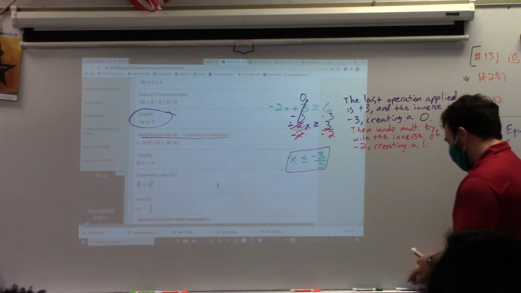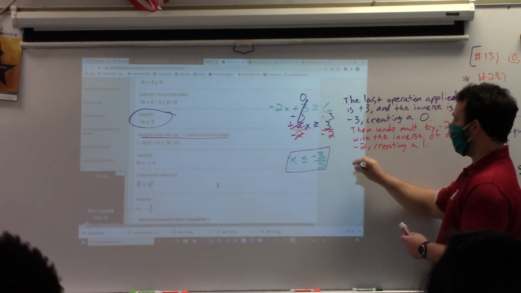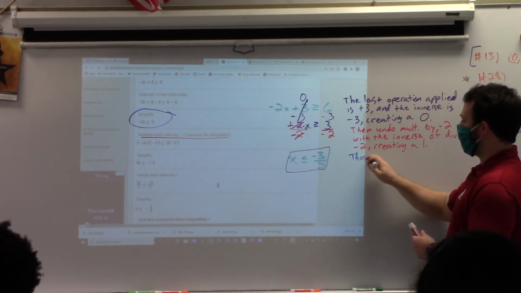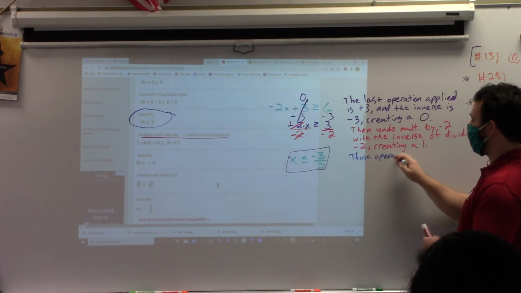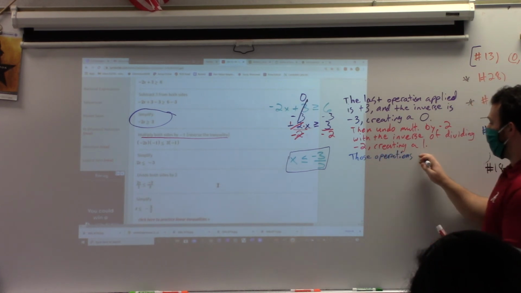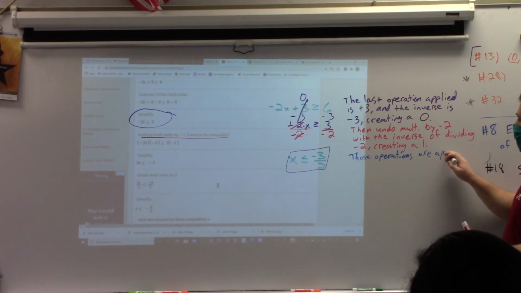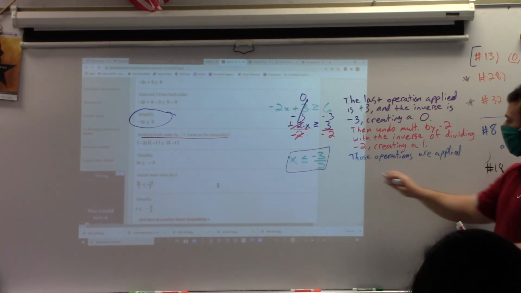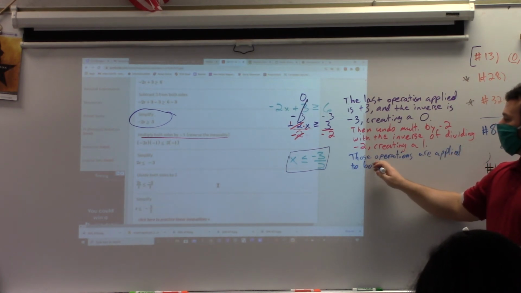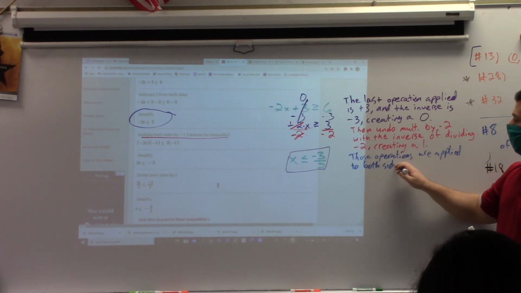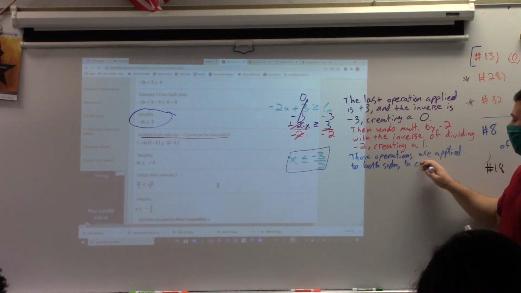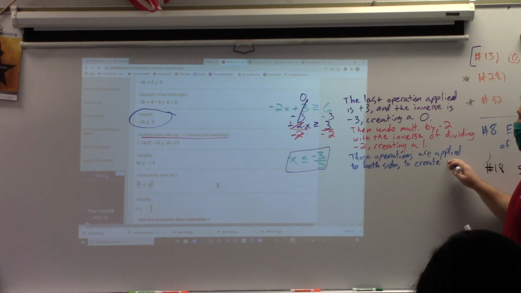Okay, so we would want to make a note about that. Those operations are applied to both sides to create equivalent